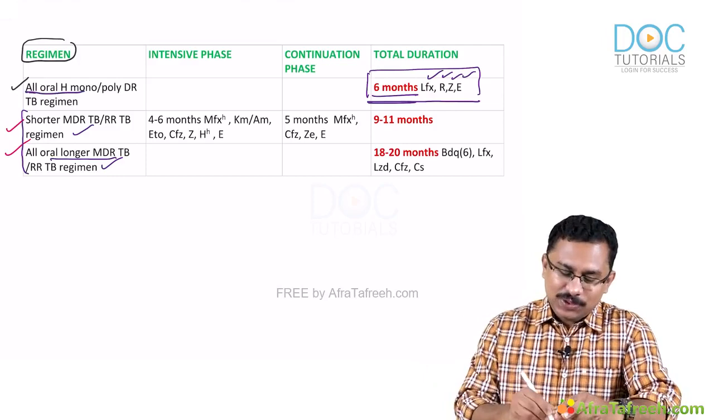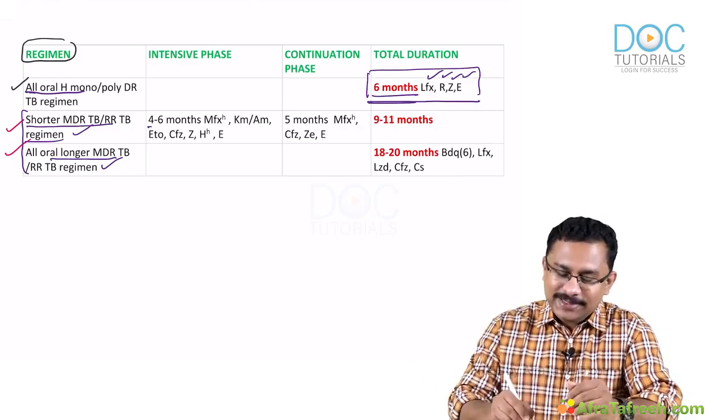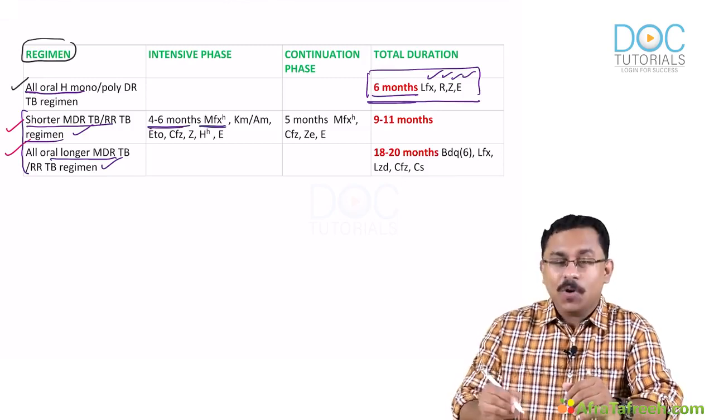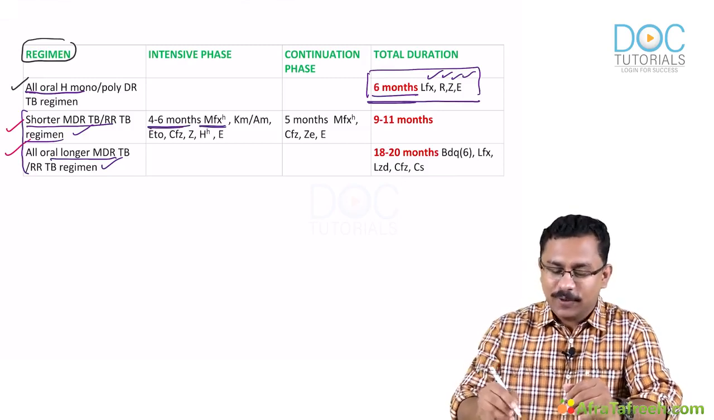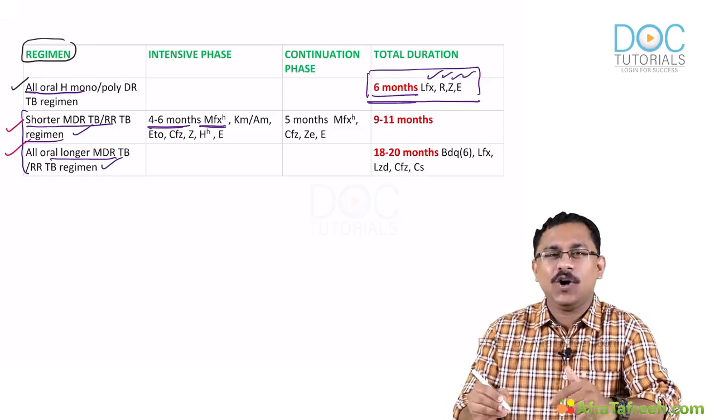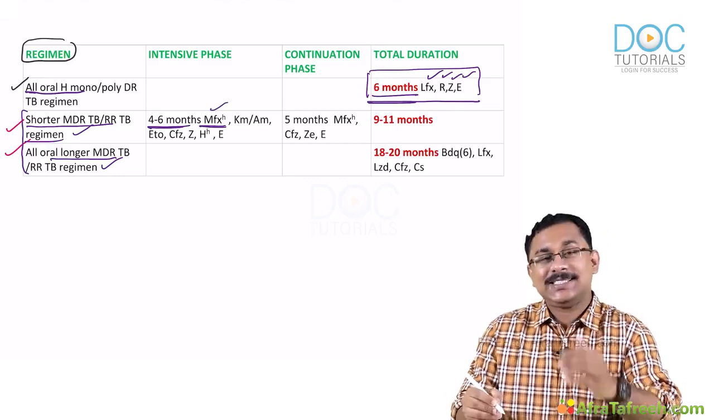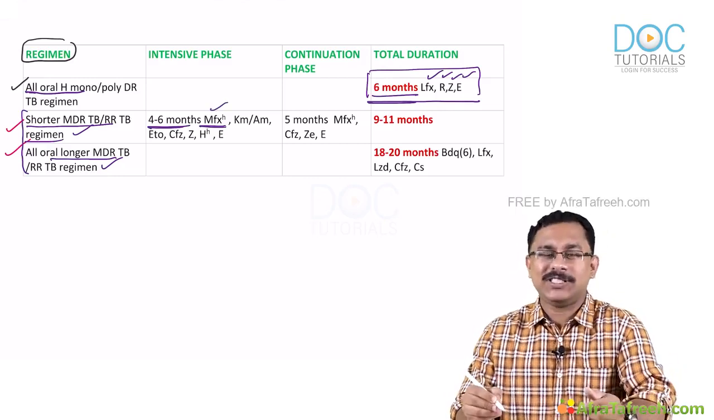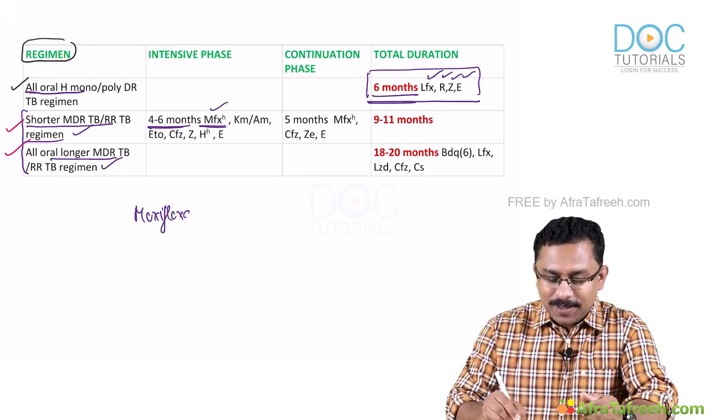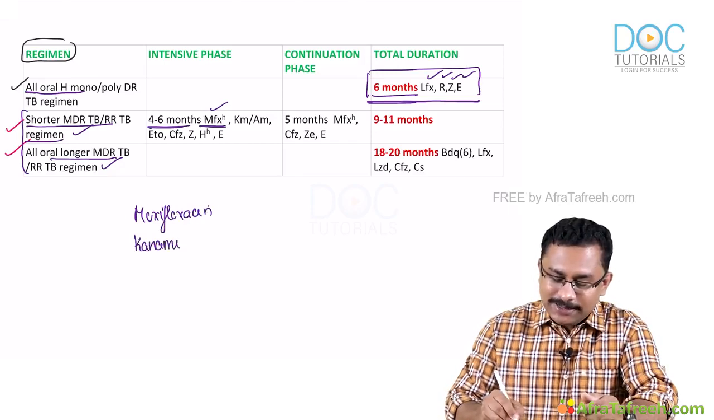So for the shorter ones, you are going for an intensive phase of around 4 to 6 months with moxifloxacin. I'll tell you moxifloxacin. And if you see here, there is a superscript H written along with the moxifloxacin. So moxifloxacin, that means a high dose of moxifloxacin. Then you have kanamycin or amikacin,